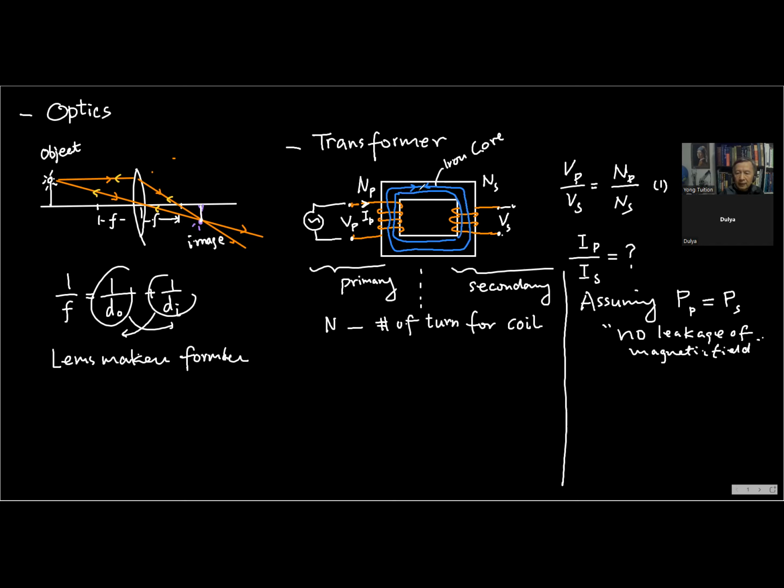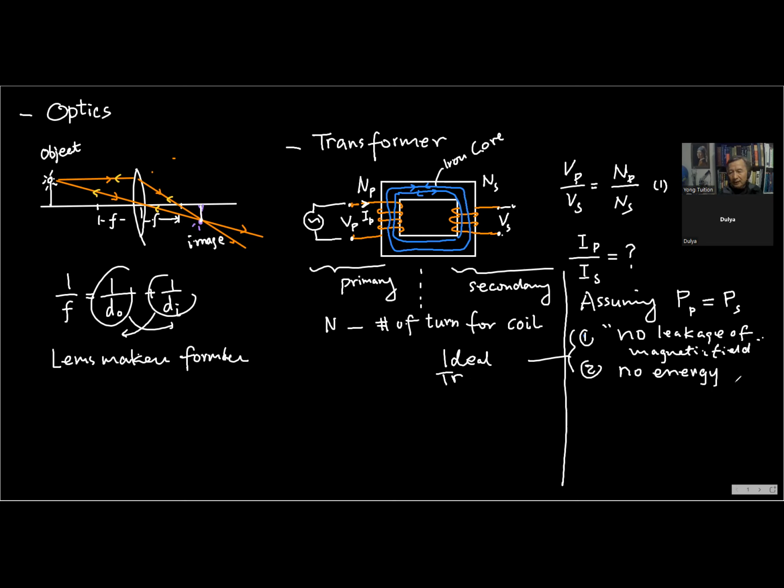Can you see that? In other words, all the loops are actually within that metal core, iron core, right? So that is the first assumption: there's no leakage. Another thing is that there is no energy lost. For the real transformers, this is called ideal. So these two conditions are called the ideal transformer, the ideal model. But for the real one, these two